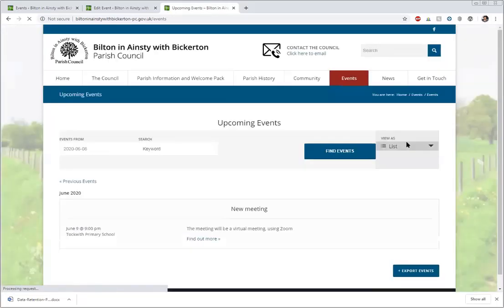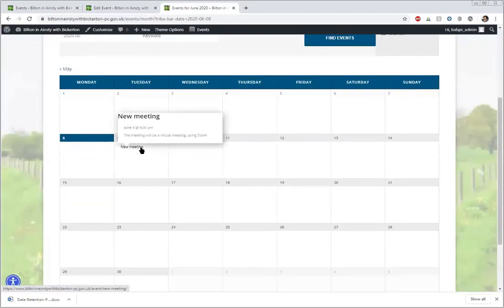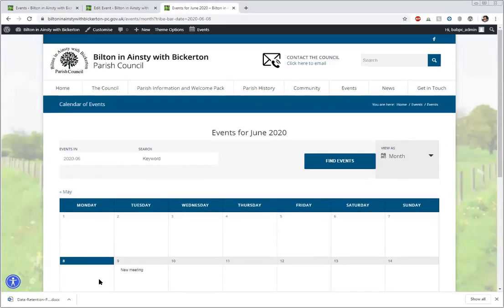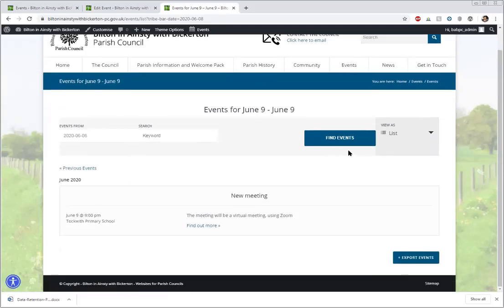We have different views for the calendar as well. You know, you have your standard calendar month view, which looks like that. Shows you there that you've got your new meeting as well. So what's the default view for default? I think it's list. I'm not sure why we don't usually promote the list view. Look, personally, I don't like it as much as having a calendar view.